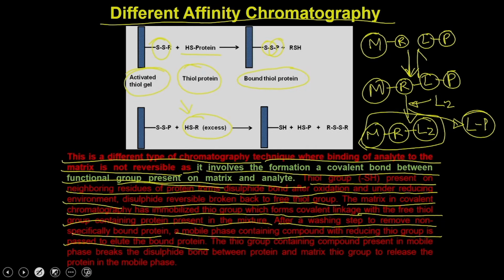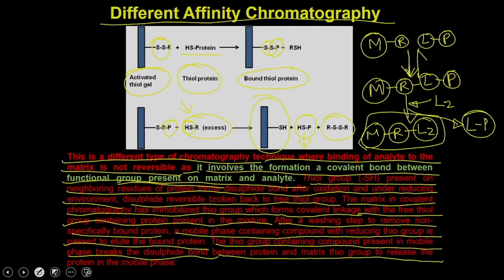So, this thiol group containing chemical agent is going to replace the protein, and it is going to generate the matrix containing the activated thiol, and the protein is going to be released from the matrix. So, the thiol group containing compound present in the mobile phase breaks the disulfide bond between the protein and the matrix thiol group to release the protein into the mobile phase, and that is how you can elute. But what will happen at the end is that you are going to lose the matrix,